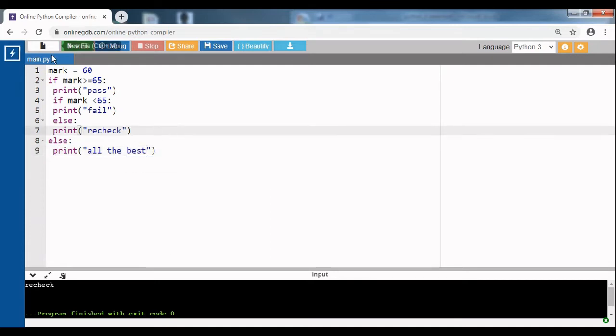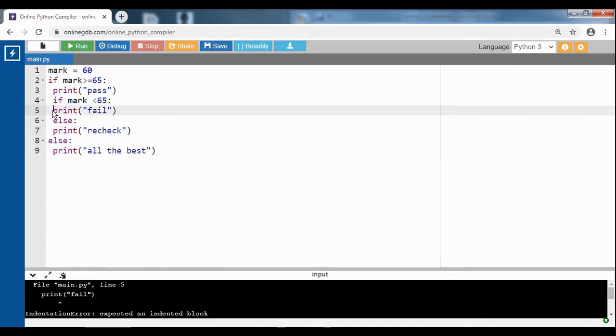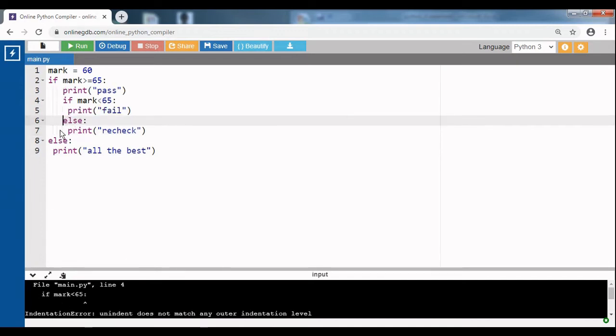Let me execute and see. So what happens? Print fail is showing me an indentation error. So what I have to do is just move this. Now it works. We have to give proper indentation, and if we don't give proper indentation, it will show the error.